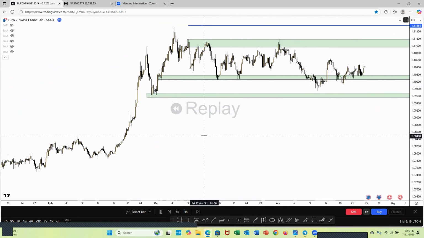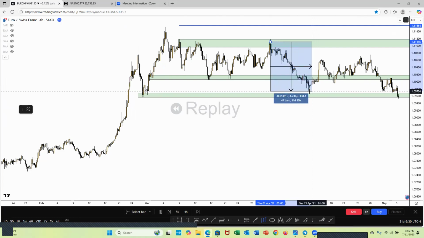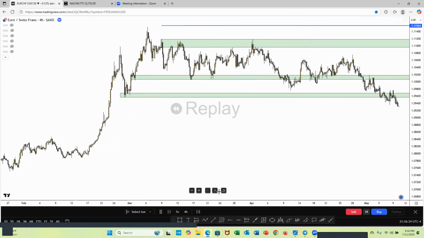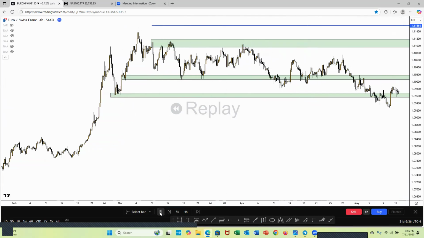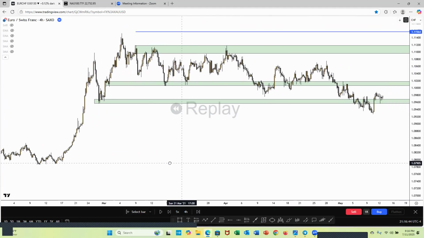Let's see. Let me count that, from here to here. There you go. It finally hit it. But you see what I'm saying? You never touch stop loss. And if you want to even do this, look, it's the same concept as far as